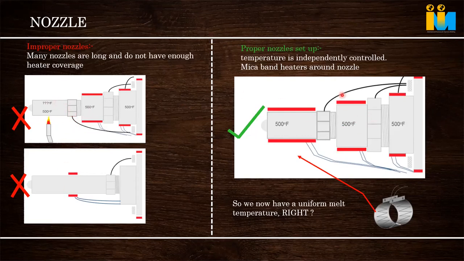Second, what is the ideal kind of heating in the nozzle? The heater should cover at least 80 to 90% of the nozzle. Ceramic heaters are best, and the thermocouple should be independently connected. I've seen this thermocouple get damaged, and people connect one thermocouple to both the head of the machine and the nozzle.